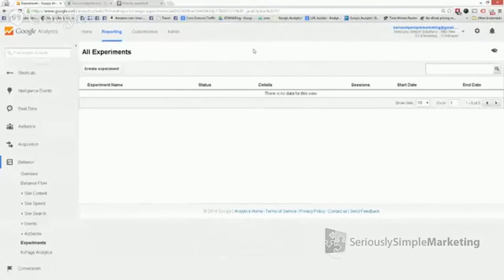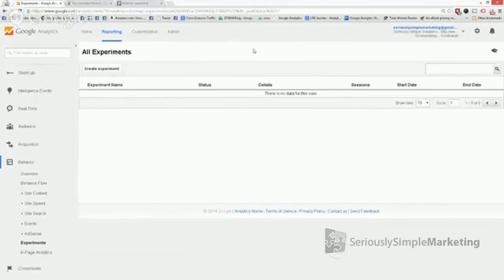We recommend you use something like Visual Website Optimizer or Optimizely because it's so simple to create split tests with those. You can load up your page, you can change headlines and graphics in their editor. You don't have to do any development, you just change it in their editor and then you can run your test. But with the experiments here, it used to be called Website Optimizer, but experiments now. So when you go through and you do this with Google, you actually have to create two completely different pages. Now, admittedly, that doesn't have to be difficult. If you're using something like Optimized Press, you can just clone a page and then change the headline. But you have to create two different pages, then you set up the page here.